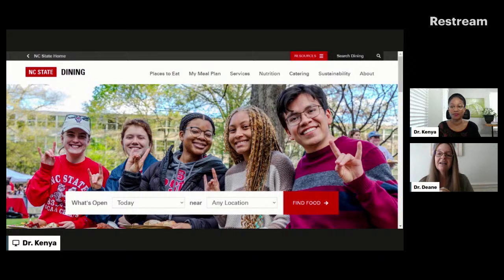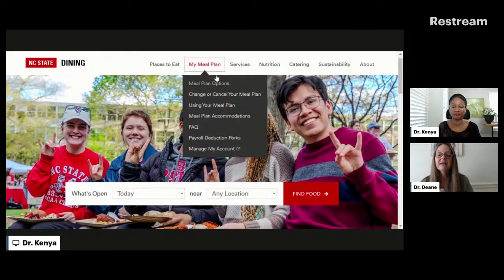So new student, I think for me, the first thing I do, and this is a nice part about getting people who aren't familiar with the site for these heuristic evaluations, I think I would go to my meal plan up at the top, or at least that tells me this is going to be something related to the plans. Then I look at them,